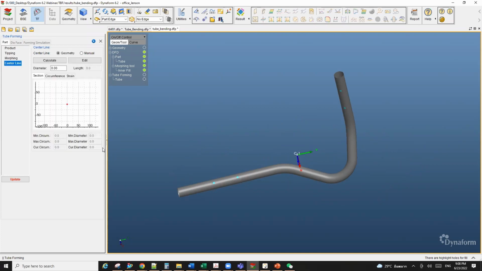Next item I want to do here is to calculate the center lines. There are 2 options in the center line calculations. You can use either geometry, where Dynaform will automatically calculate the center line based on this tube geometry, or there is a manual option where you can manually create the center line. In this case, we will use the simplified option here by clicking